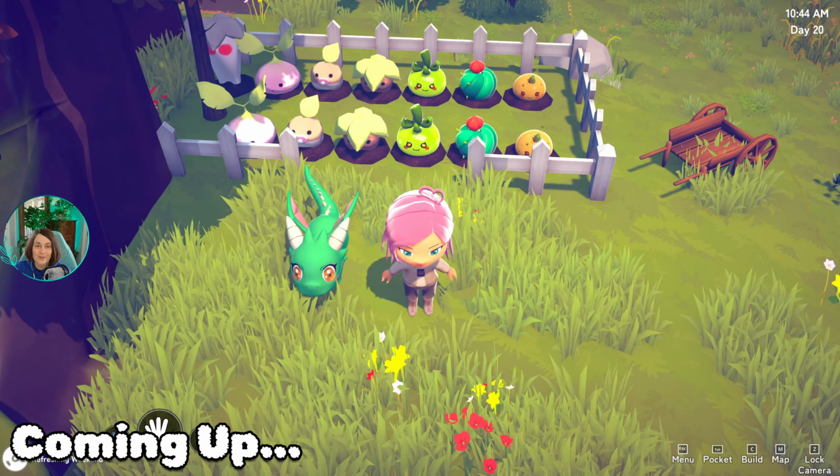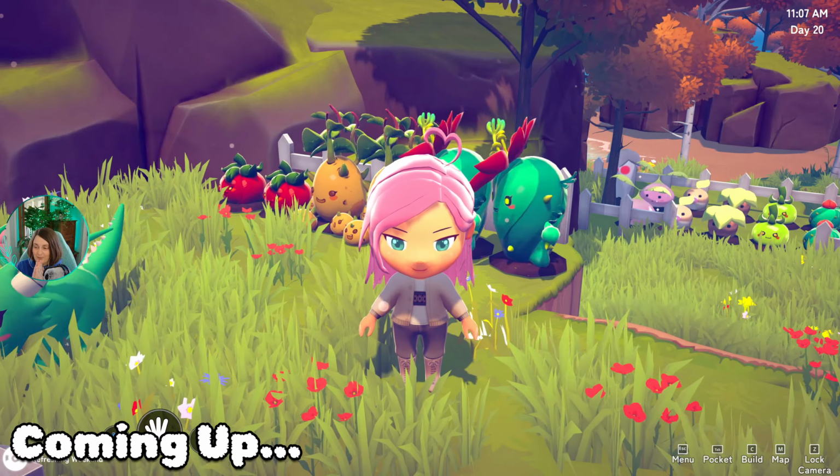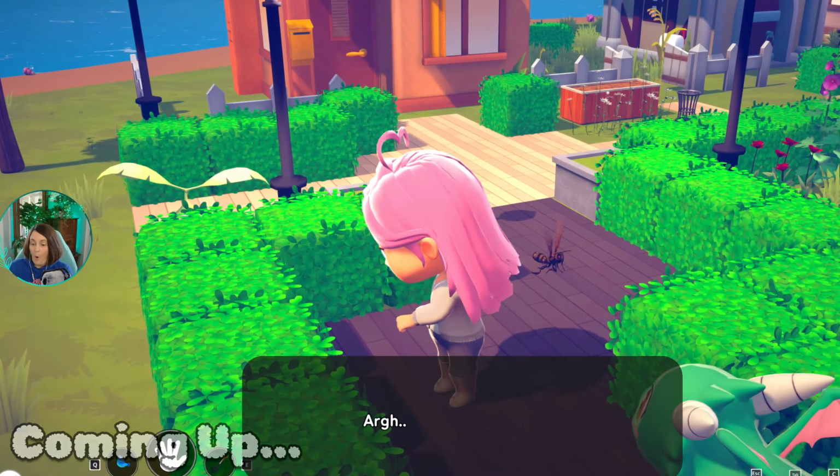How many hours do you think this person has in the game? The cactus, I think, is my favorite. That is a bee. I hope it doesn't sting me. What happens if it's...